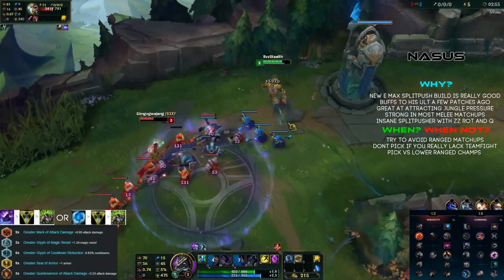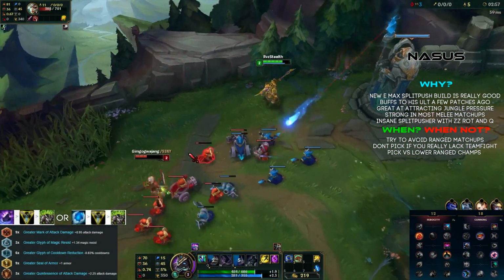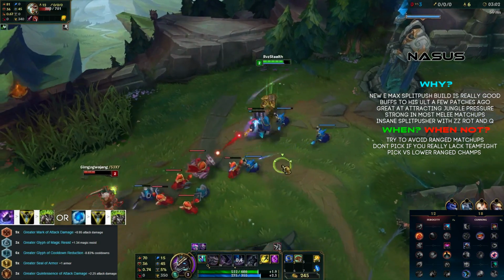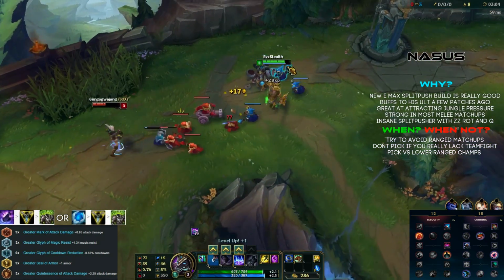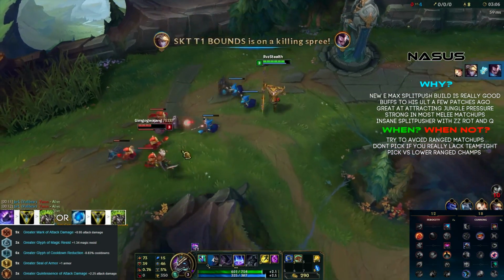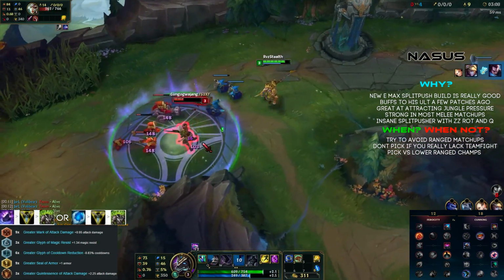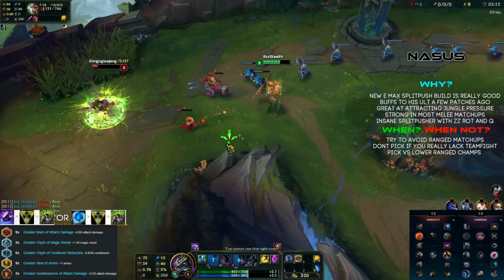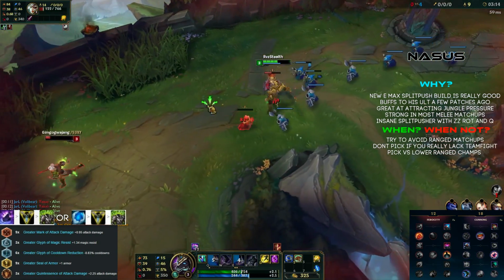So right now, there are two different kinda styles of Nasus that are going around in the top lane. The first one is the normal just Q stack Nasus. You just try to farm up your Q and become a monster once it does get to the mid to late game. And there's also another style to where you play him more early game focused, and you just try